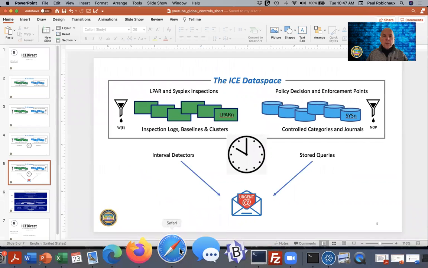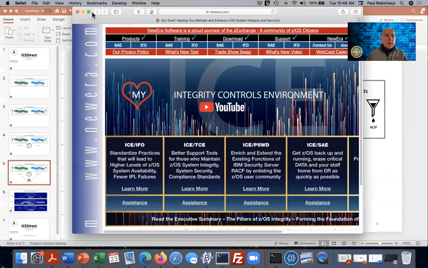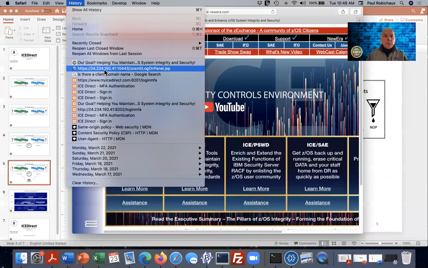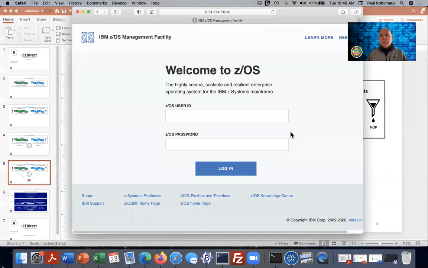So I'm going to go ahead and fire up a browser here, and we'll go ahead and find my starting point. Now, I always recommend that people use ICEDirect as a link within ZOSMF. I know that for many of you that might not necessarily be an option or a desired option, but there are some advantages that relate to security because we will, in essence, inherit the security that's associated with authentication with the ZOSMF system. So if I go ahead and authenticate,